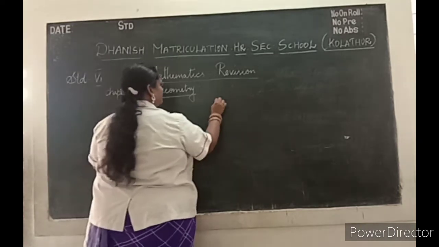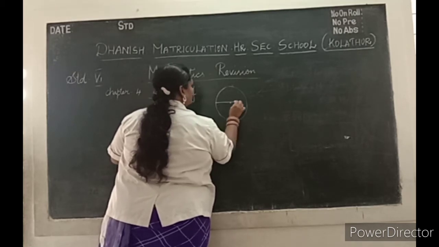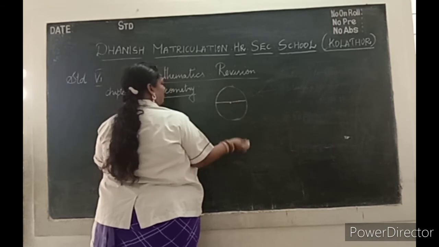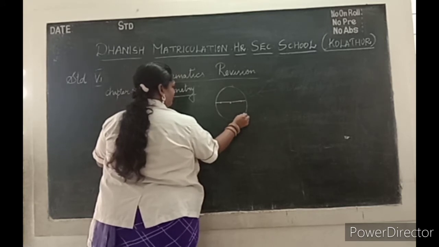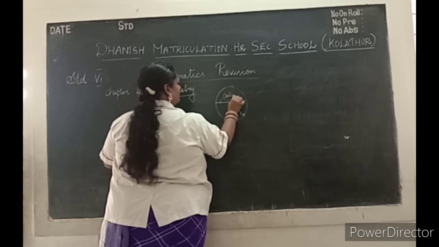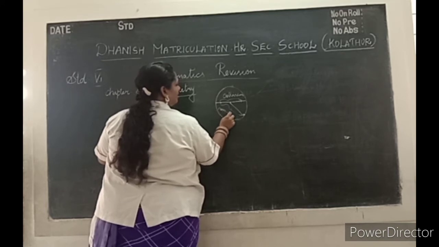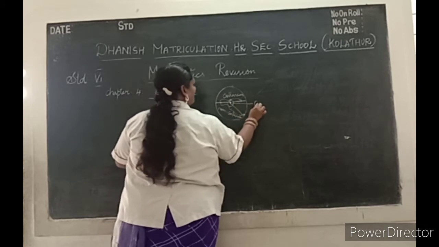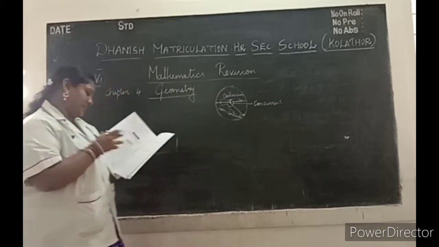The next one is, what is concurrency? For example, if this is a circle, this is the midpoint. I am just drawing a line here. For drawing a circle, we need a midpoint. These are the collinear points, and these will be called non-collinear. This one, the middle point, will be called concurrent. That is the midpoint.